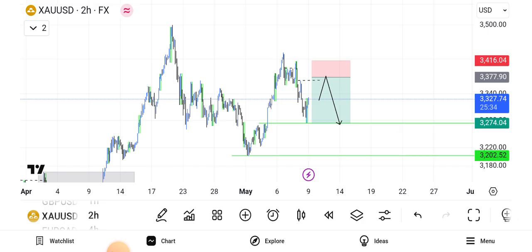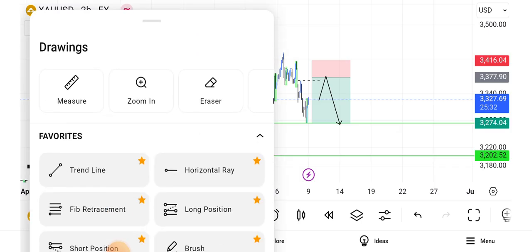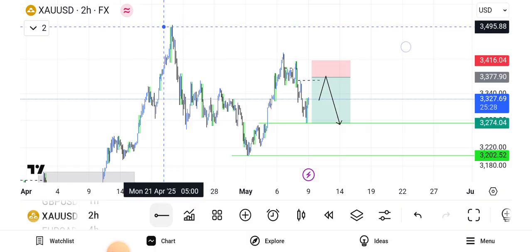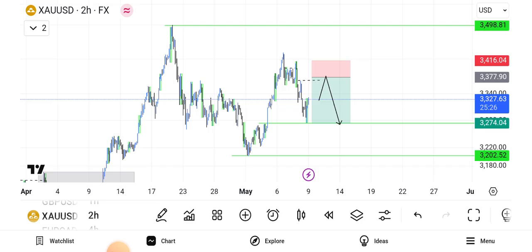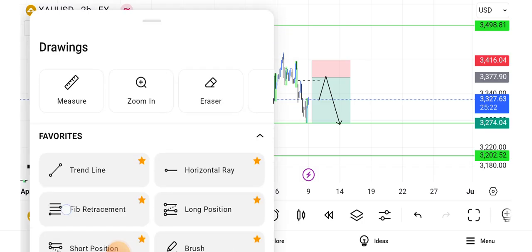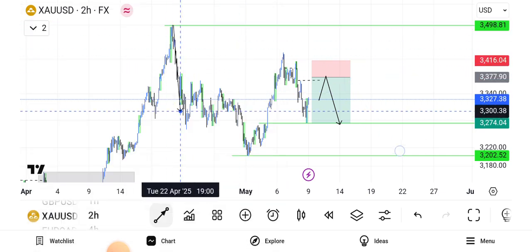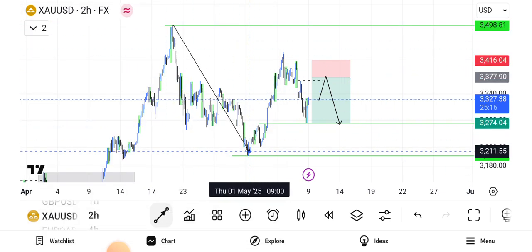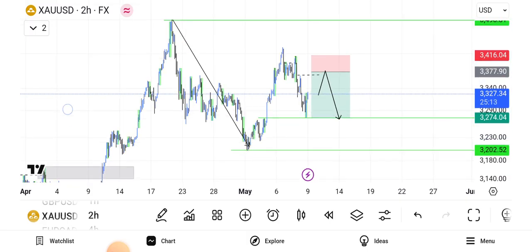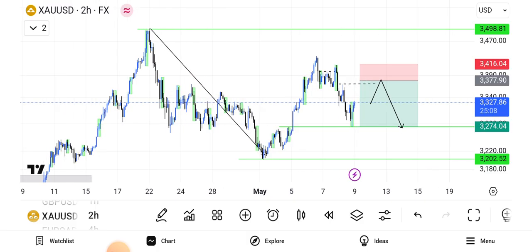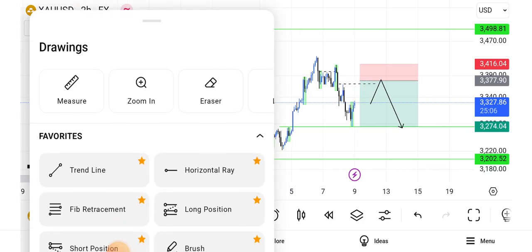First of all, after gold peaked at this high, at 3,498, it started moving down. It started selling, right? So it sold to this point. So that means that there's some bearish pressure in gold right now. Then it came back up,